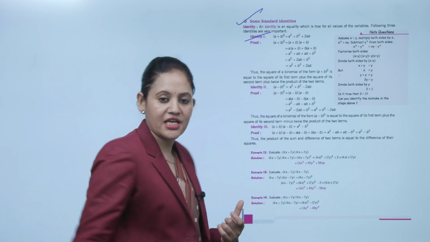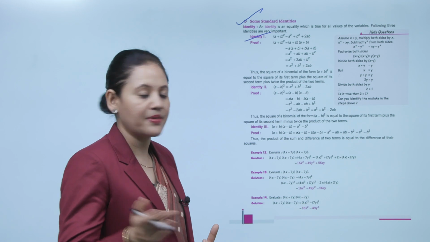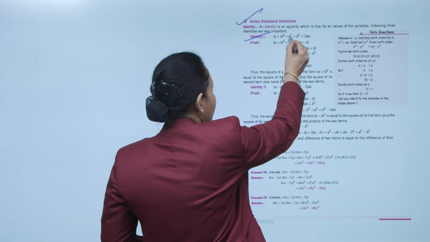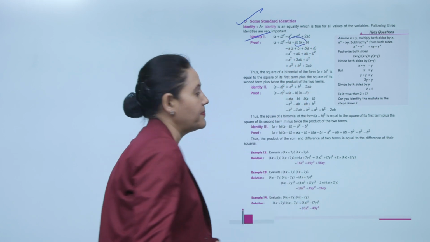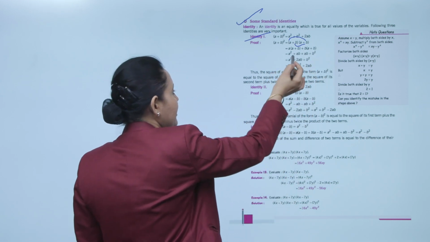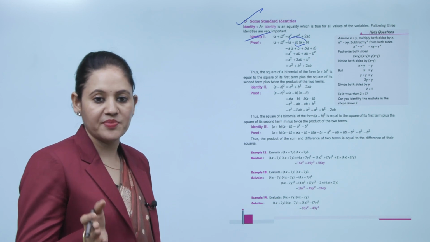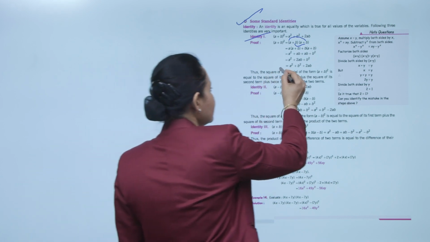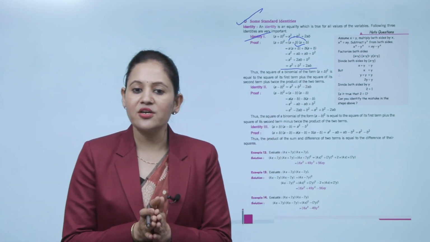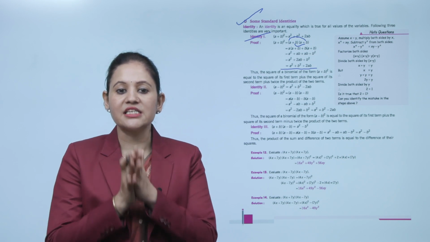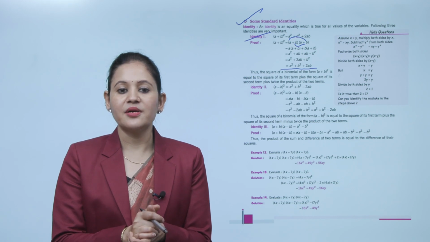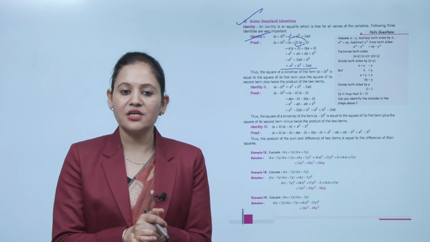A plus b का whole square we can write it as a plus b multiplied by a plus b. So a multiplied by a plus b plus b multiplied by a plus b, that is equals to a square plus ab plus b square. That can be written as a square plus 2ab plus b square. We can also write it as a square plus b square plus 2ab. Thus, the square of binomial in the form of a plus b whole square is equal to the square of its first term plus the square of its second term plus twice the product of two terms.